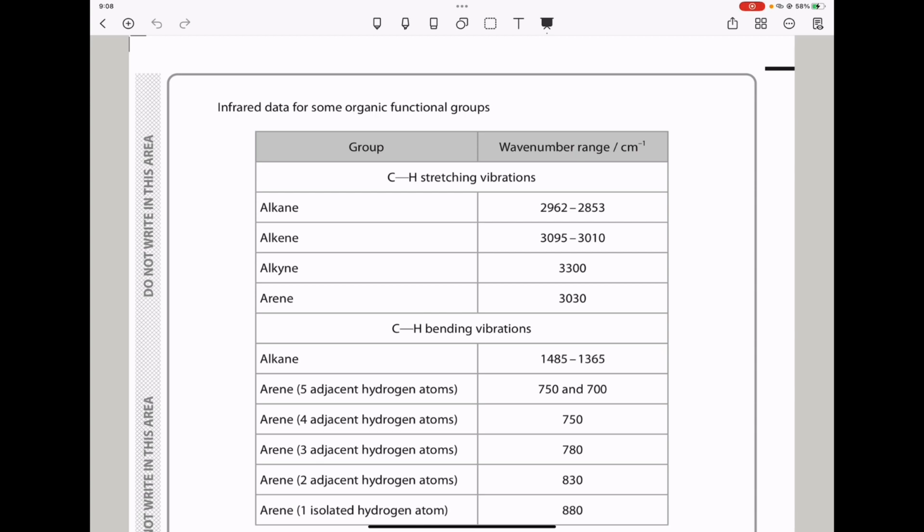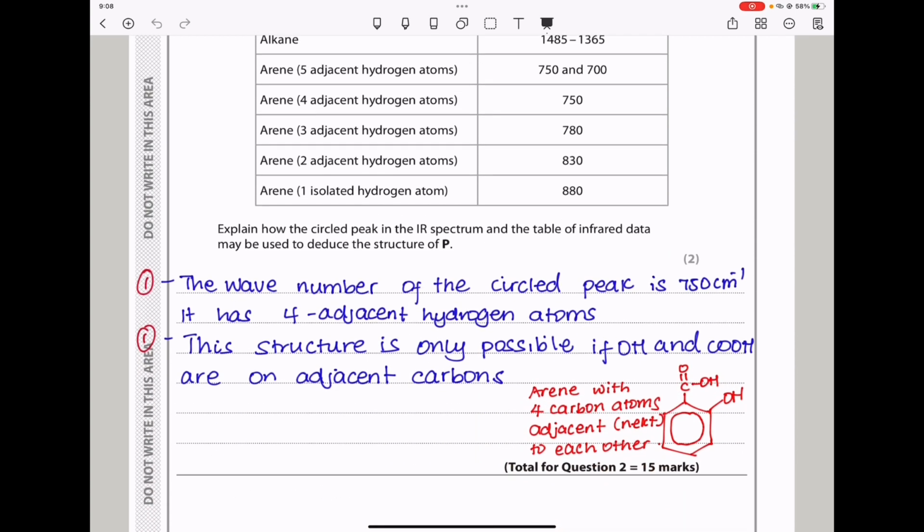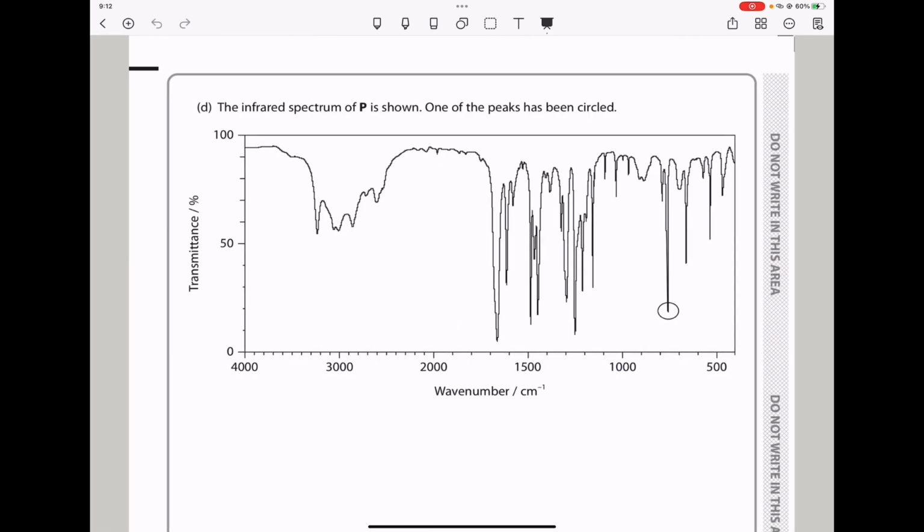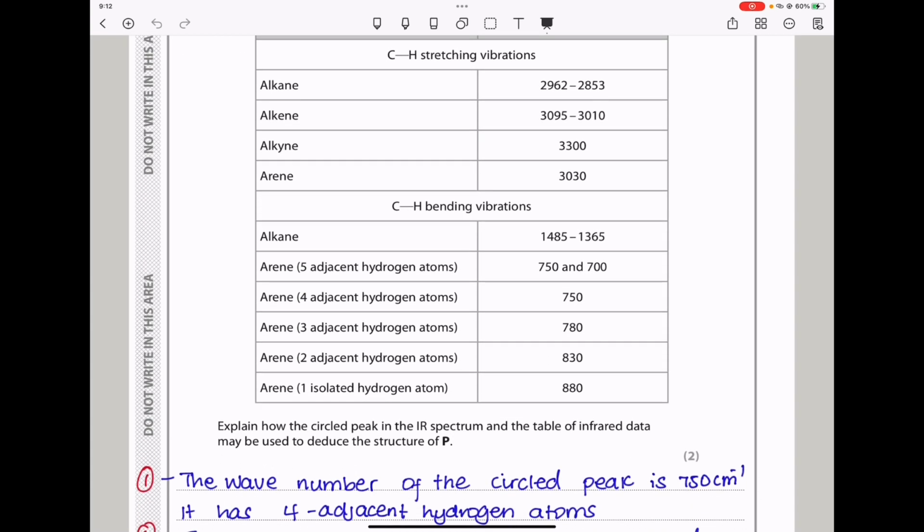They say the infrared data for some organic functional groups is also given here. And then down here they say, explain how the circled peak in the IR spectrum and the table of infrared data may be used to deduce the structure of P. If we go back here, the peak is at about 750. So that is 750. And when we come back here, 750 corresponds, which is here, corresponds to an arene with